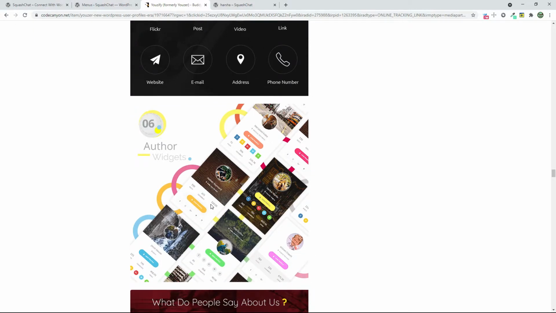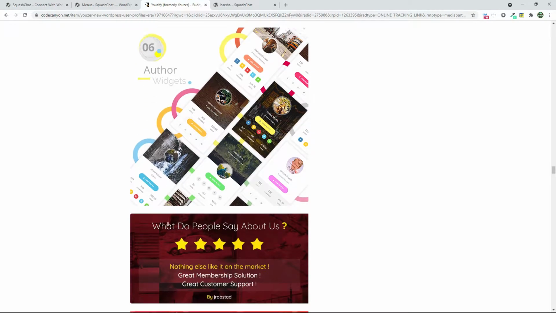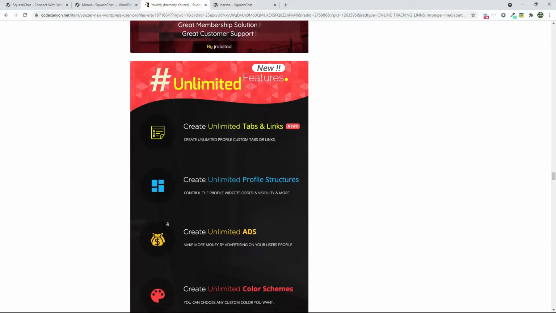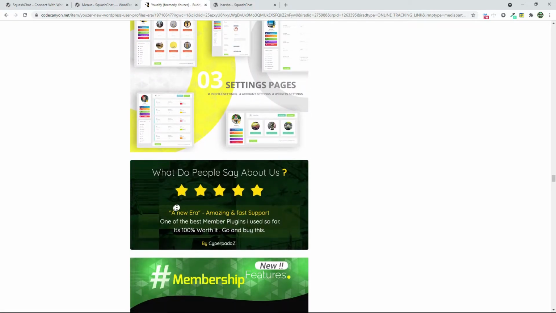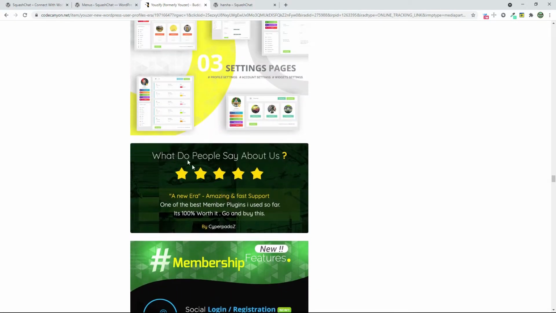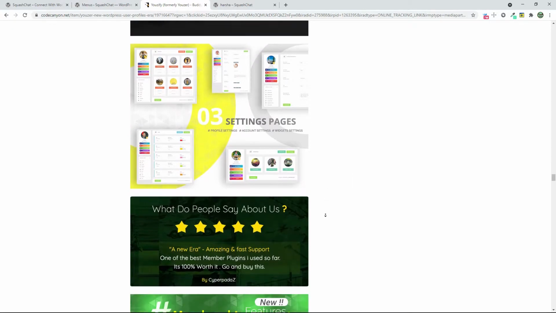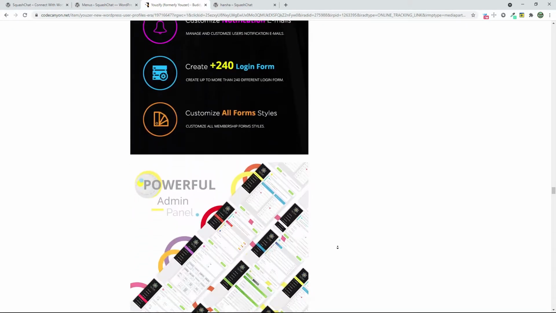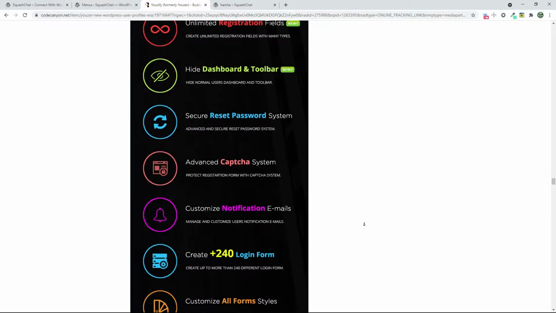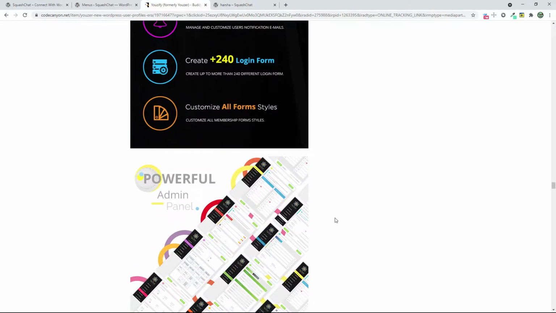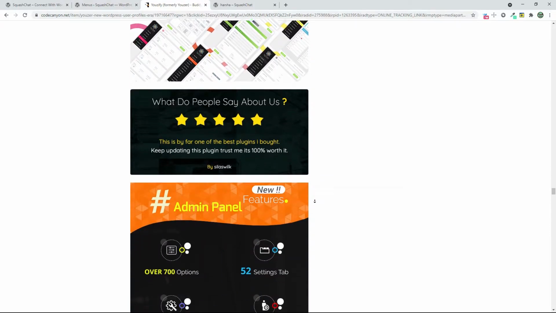The author look and all are really awesome. I mean, really awesome. They are adding a ton of features every week. You can set up the settings page and all, and you can manage the users using dashboard and reCAPTCHA and all. And you can customize your admin panel, including the color of the admin panel, and you can see